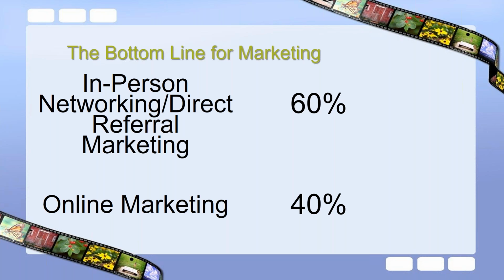So in-person networking, direct referral marketing, 60% of your time, energy, and money should be spent on that. I would tell you also that 40% of your time, energy, and marketing budget, and if you don't have one, you are not doing yourself a very good service at this point. You have to have a marketing budget. Online marketing should be 40% of your time, attention, and money. If you are not paying attention to that in 2016, you are losing to your competition,